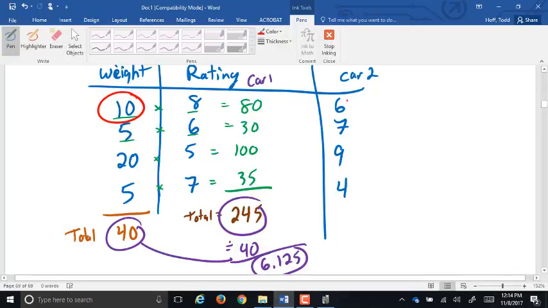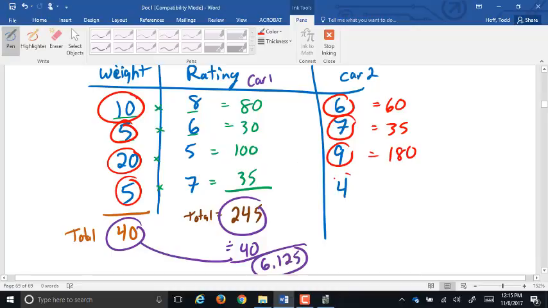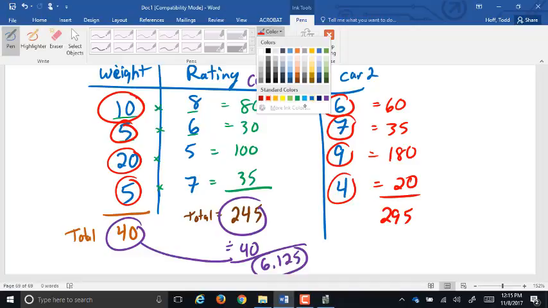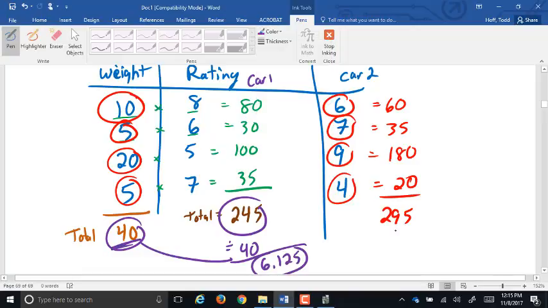So we're going to take the weight times the item. 10 times 6 is 60. 5 times 7 is 35. 20 times 9 would be 180. 5 times 4 would be 20. That all adds up to 295. But we're still going to divide by that total weight of 40, which is going to give us 7.375